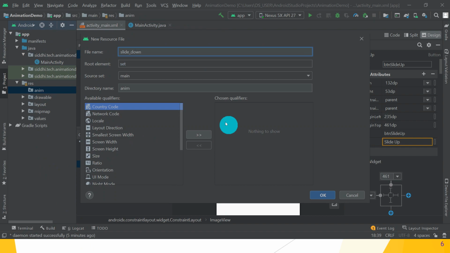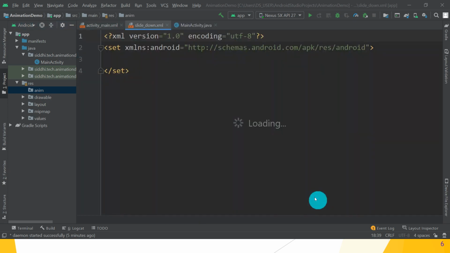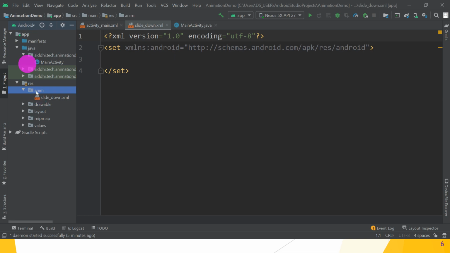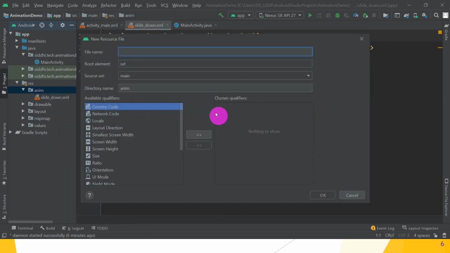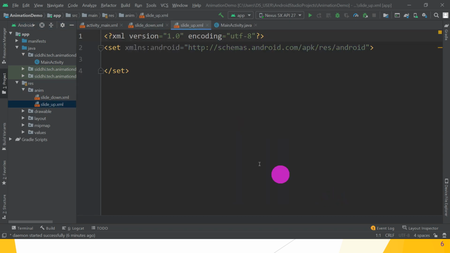This is the first file. Great. Then create a new animation resource file and give the name as slide_up and click on the OK button. Great guys, so these two files are created.